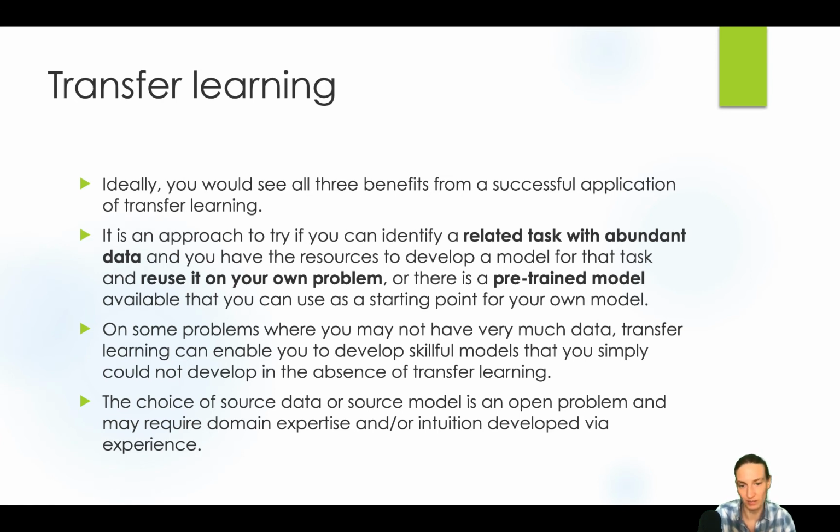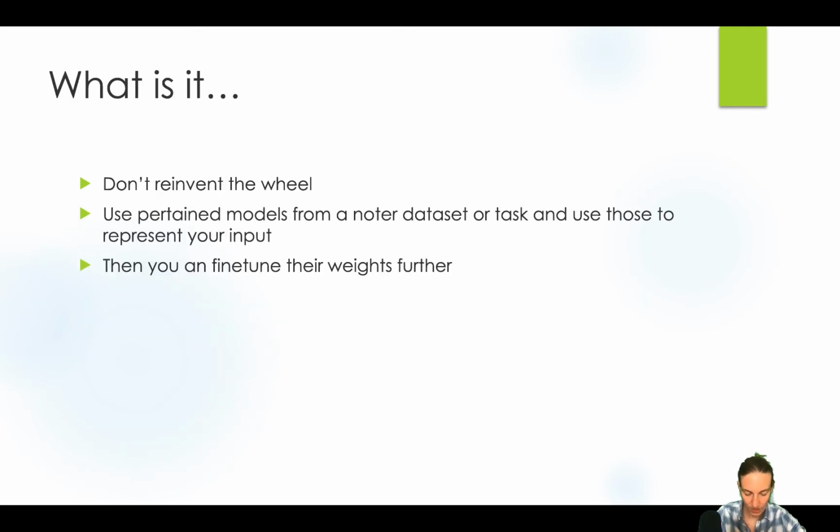extractors can be useful. Now, what we typically do in transfer learning is we still allow this network, so this first part of your network that you're reusing from a different domain, you allow it to be fine-tuned and tailored to your problem that you're learning. So basically, what is it? We're not reinventing the wheel. We can use pre-trained models from